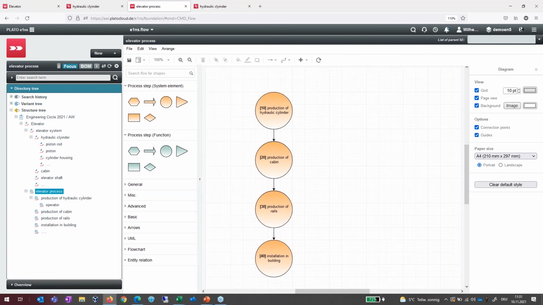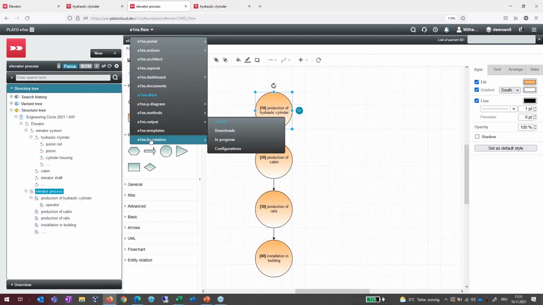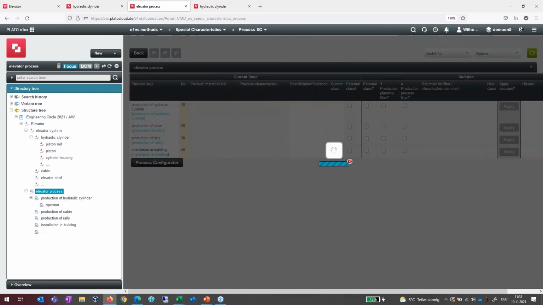So these system elements below were created in 1 flow. So a process flow is already existing, and we have these single process steps, and you saw that we made some FMEA here in the production of the hydraulic cylinder. The rest is empty, and so we will have the focus especially on these characteristics. So when we go now to our methods form, special characteristics process SC,